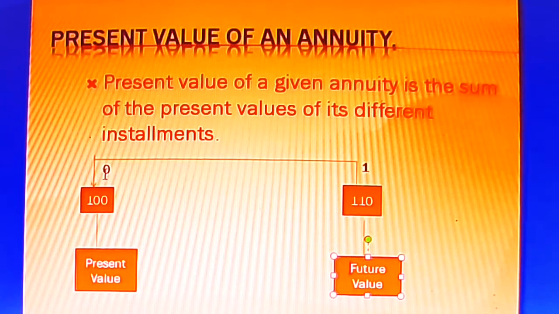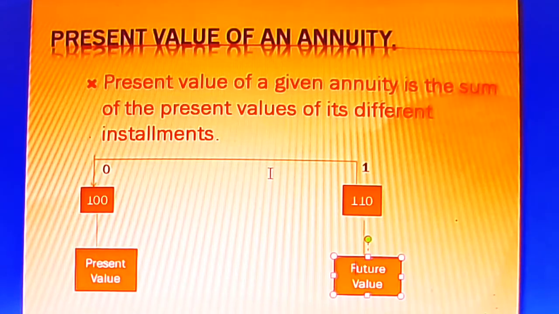So at the reference point 0, just as an example, I'm going to take 100, which is your present value. Present value, you can also say, is a purchase value, the amount which you are going to borrow. That is also called present value. Students, you can just pause the video and take the notes.